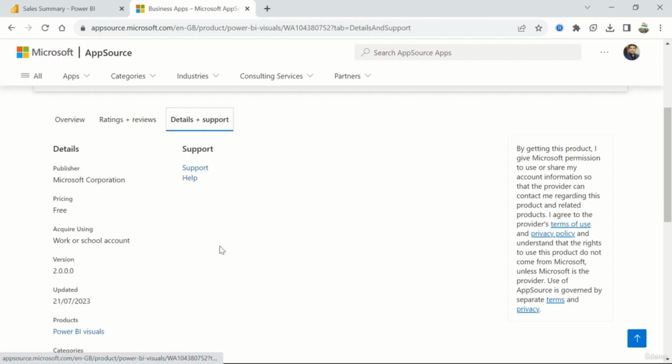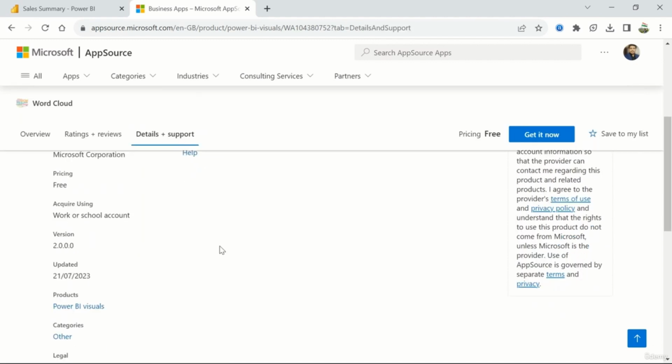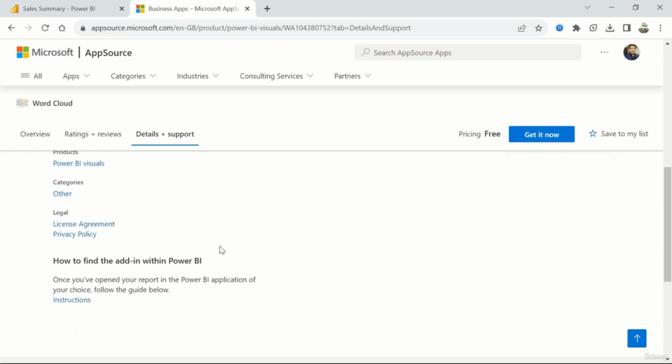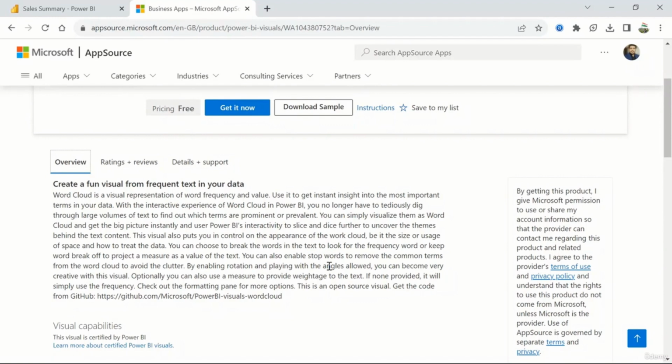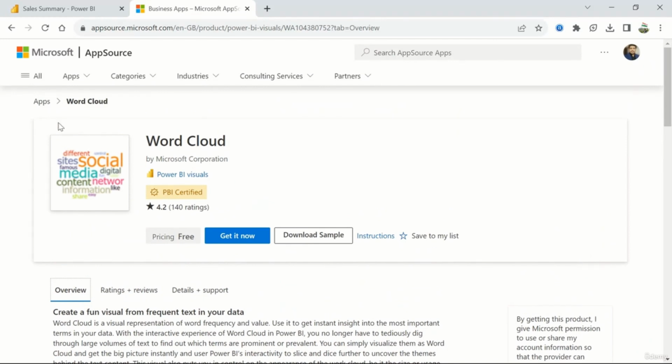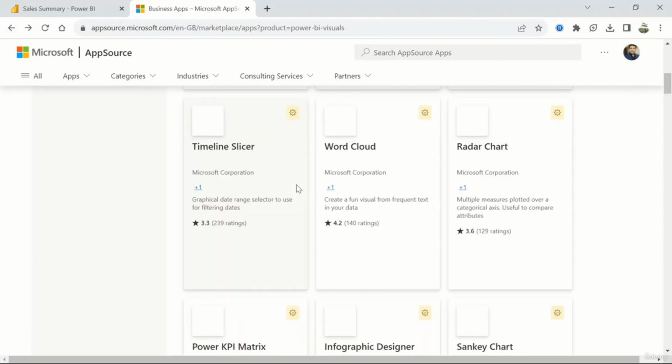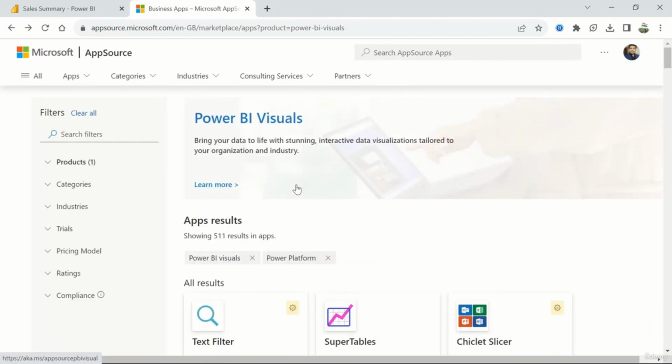And then there are more details and support, right? Like what the legal agreement is, the privacy policy, what the version of it is. If you want to get more information or if you are facing some troubles, you can click on support and it will take you to the place where you can raise your concern. So this is possible. So understand that there are multiple ways of downloading visuals from the Power BI visuals